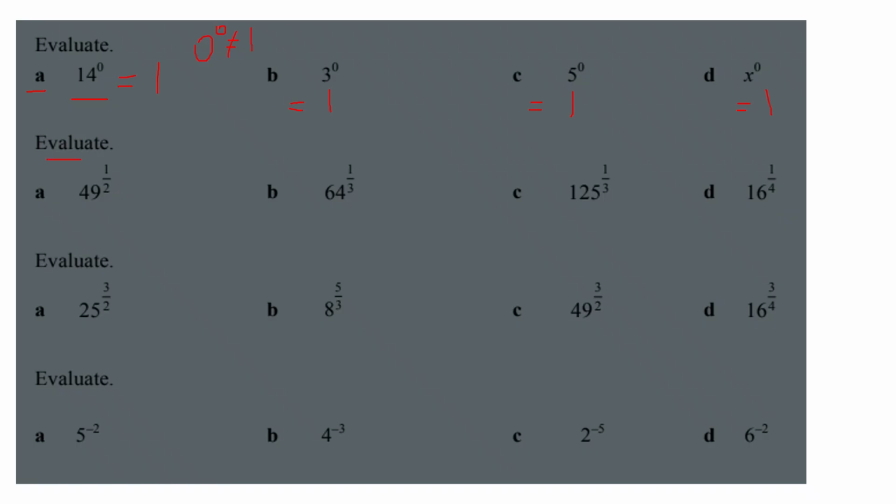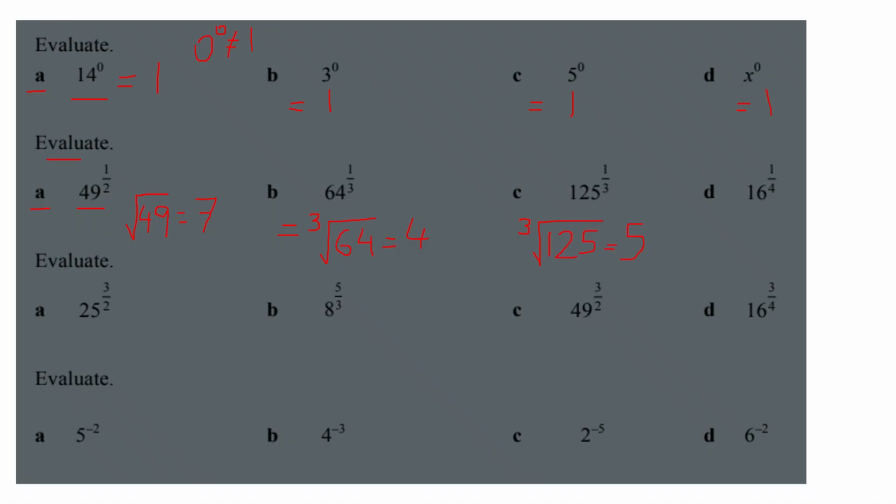Next up, evaluate part A, 49 to the power of a half. That will be the square root of 49, the positive root of 49, which is just 7. So power of a half in maths means a square root. Part B, 64 to the power of a third. That will be the cube root of 64, which will be 4. Next up, 125 to the power of a third will be the cube root of 125,